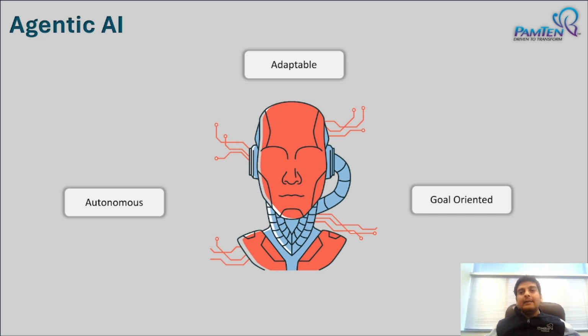Similarly, agentic AI is adaptable. So again, here it learns from its surroundings, and on the basis of that, it will give you new solutions. So we'll take the earlier example of our sandwich making robot. Initially, this sandwich making robot was able to make only a peanut butter and jelly sandwich. Now here, when the user asks to make it a cheese and ham sandwich, it will adapt itself. So here it will train itself on how to make a cheese and ham sandwich.